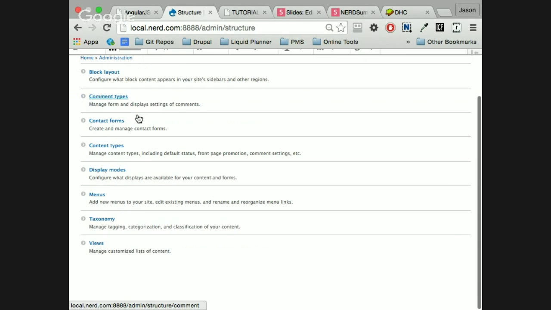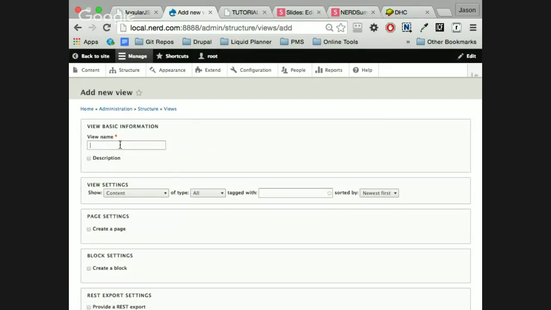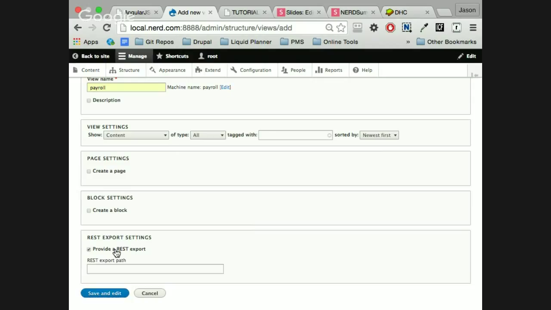Now, one way to do this is we can create a view, and I'm going to call it payroll. We already have this option here since we installed the REST module, and it will provide a view that is going to serve JSON data.